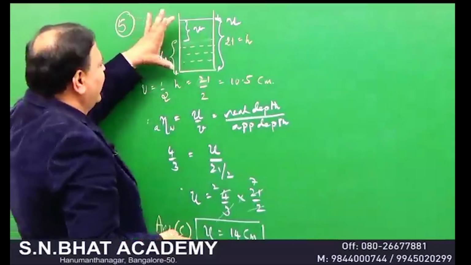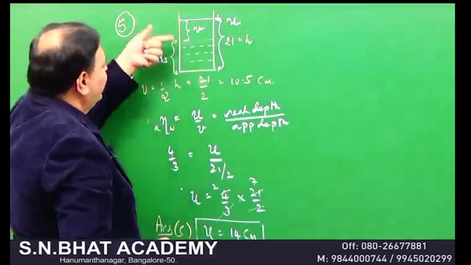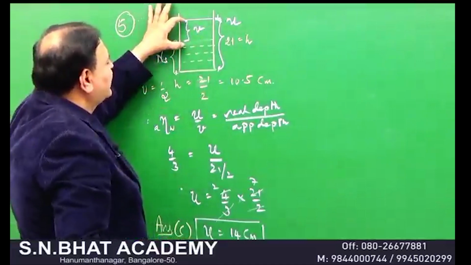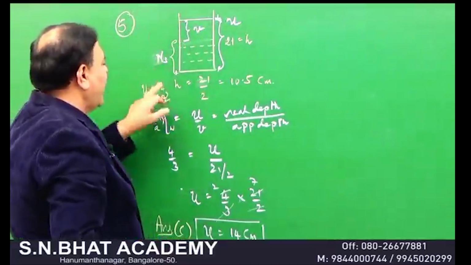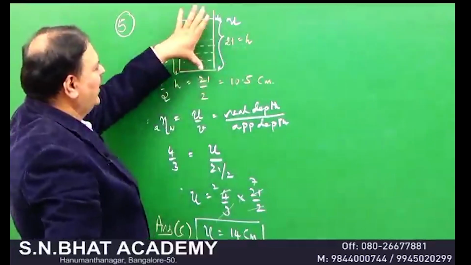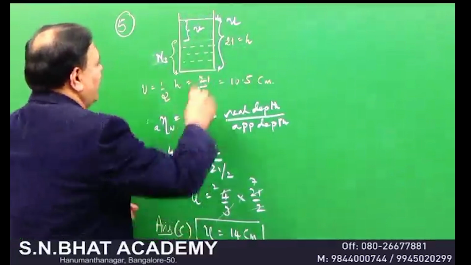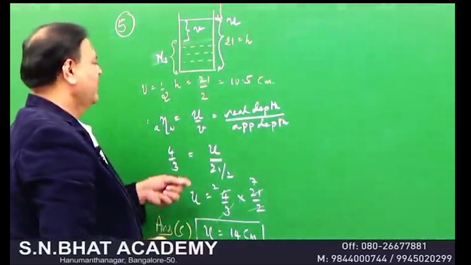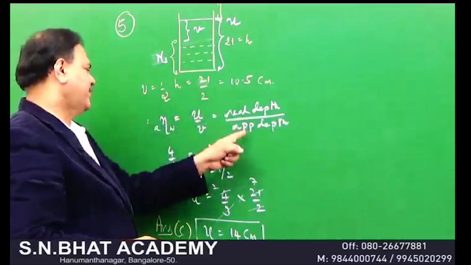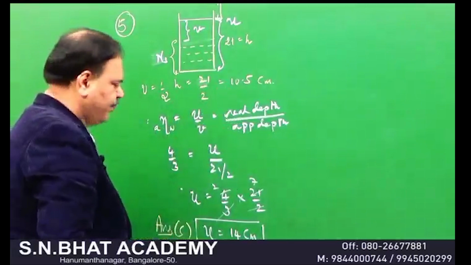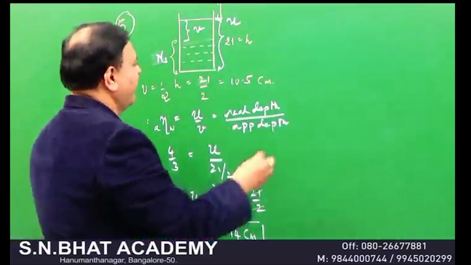What he says is, he does not know the real depth. He has filled water in, so that this is called the apparent depth, which appears to be half of the actual height. Actual height is 21. That is from here to here. This is the actual height. So he has given the apparent depth. You know the value of the refractive index. You can calculate U. It's a very good question.